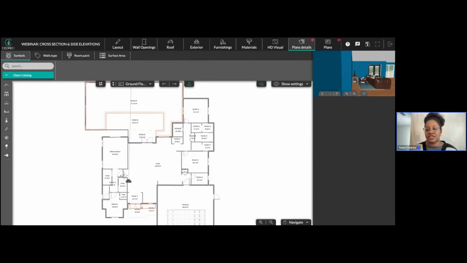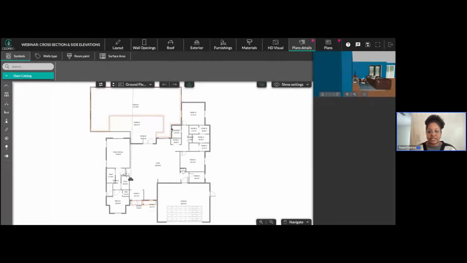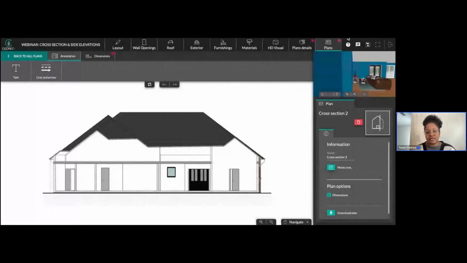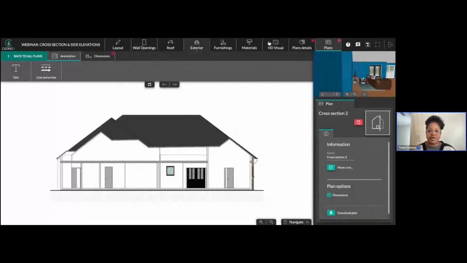In the main project blueprint. What do you mean the main project blueprint? Because once you download each plan, it's going to be a PDF. It's downloaded as a PDF. So what do you mean the main project blueprints? Are you referring to the generate blueprints option? Because if that's what you're referring to right now, it's not an option